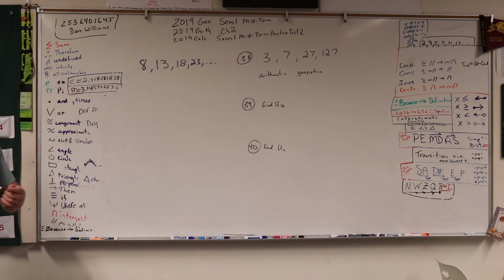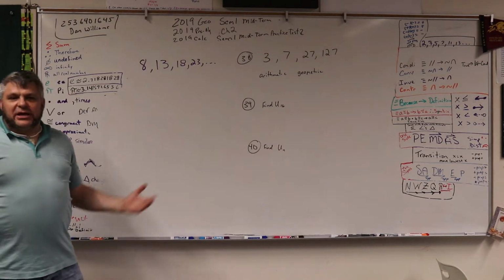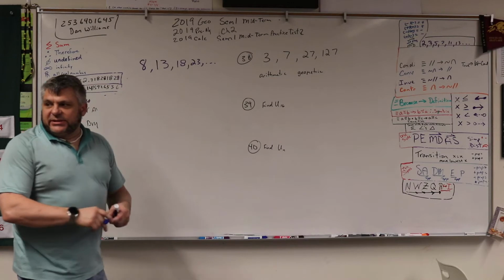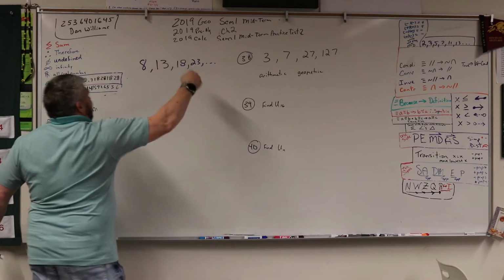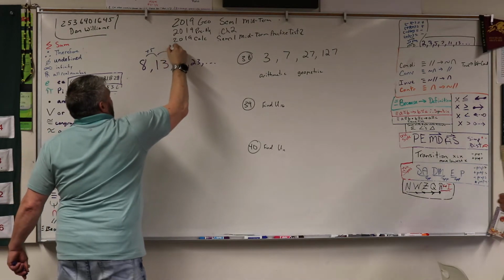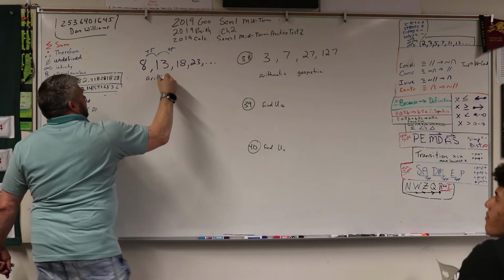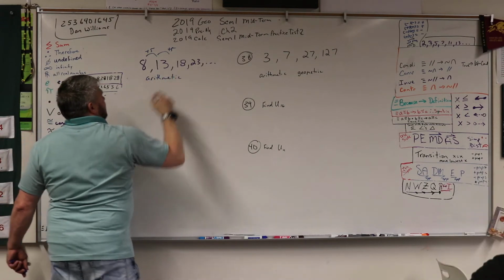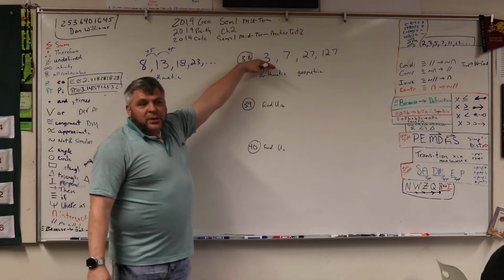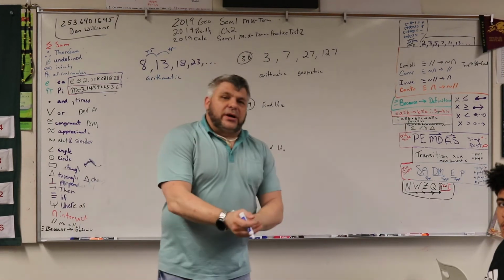Alright, so this one goes up by 5 each time, right? So we're adding 5 every time. Does that make sense? Since we're adding 5 every time, then this is what's called an arithmetic sequence. Okay? This one doesn't go up by the same amount each time. So now we want to see,